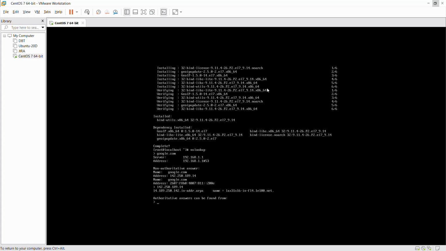That is one transaction. So that is a forward lookup zone. Kavya is getting mapped to the IP address, and this information is stored in the DNS server.